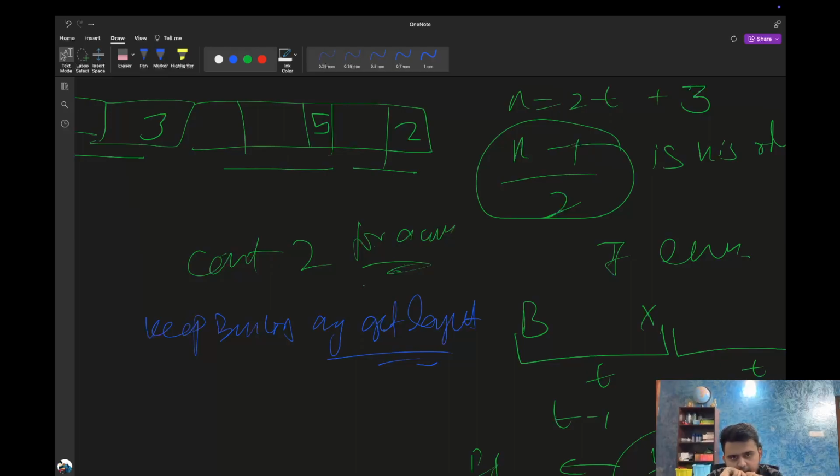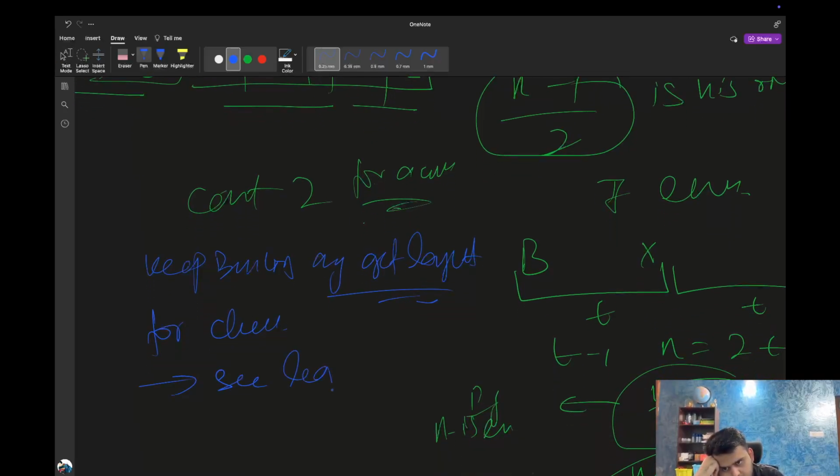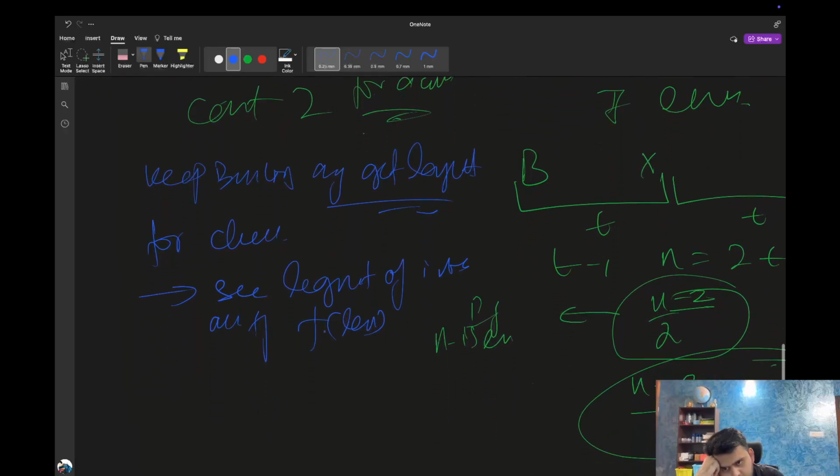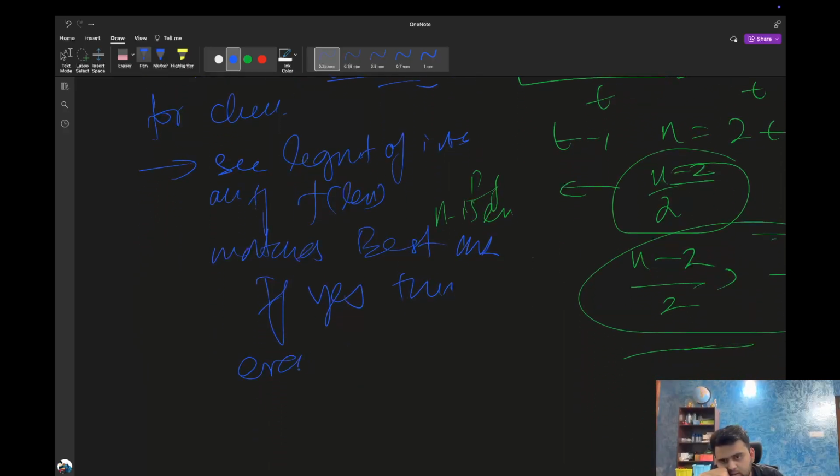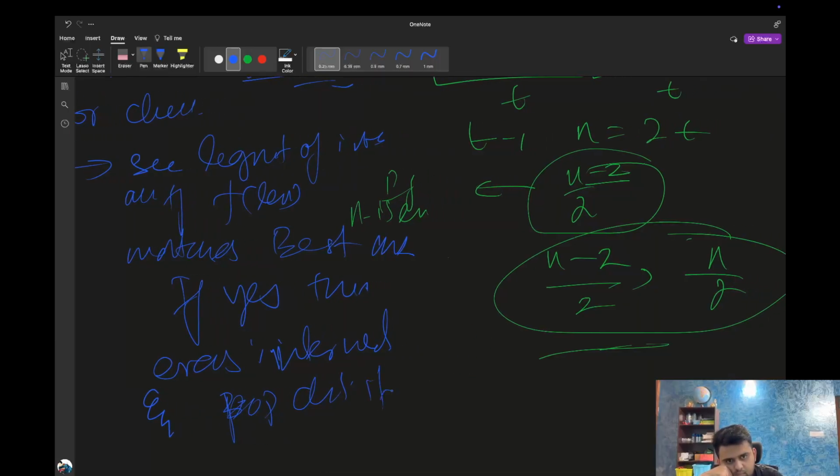So for checking, I just have to see the length of the interval, and if f of length matches best distance, if yes, then erase the interval and pop children. If children greater than 0,